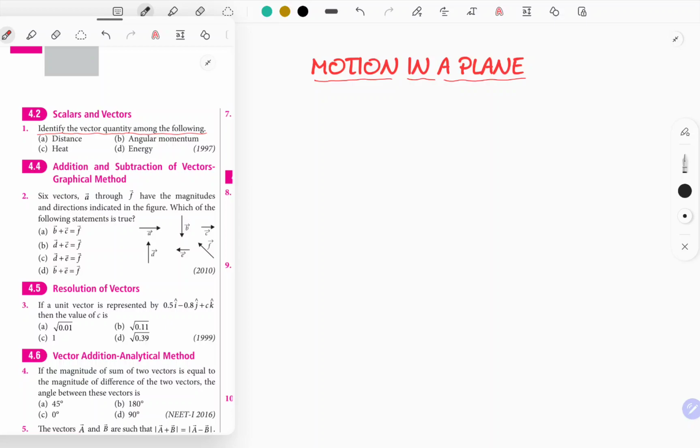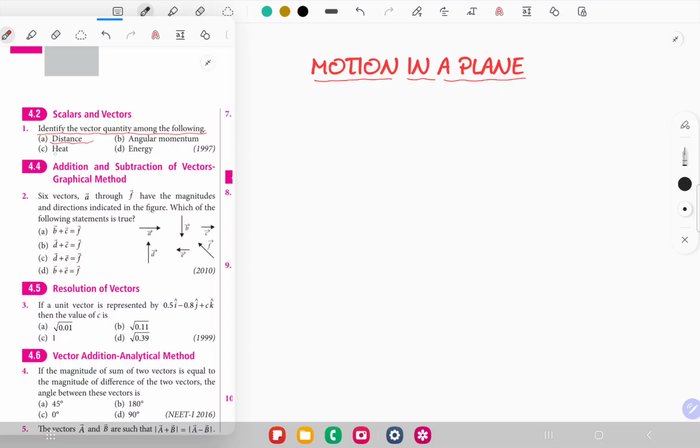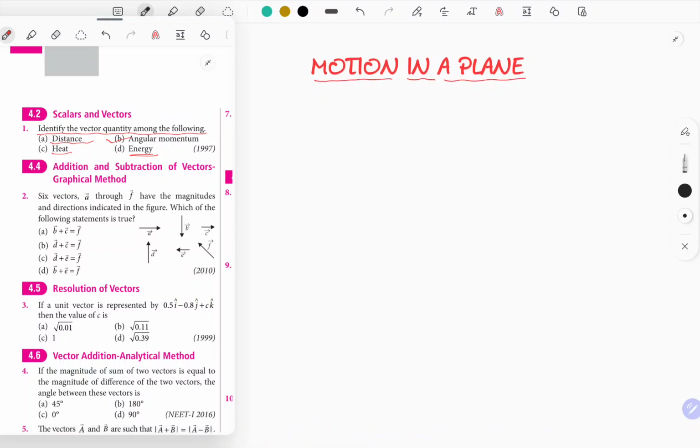Now the very first question is: distance, angular momentum, heat, energy. Identify the vector quantity. Distance is a scalar quantity, heat is a form of energy, so options A, C, D are scalar quantities. Energy is a scalar, heat is a scalar, distance is also a scalar, angular momentum is a vector quantity. The actual formula for angular momentum is,